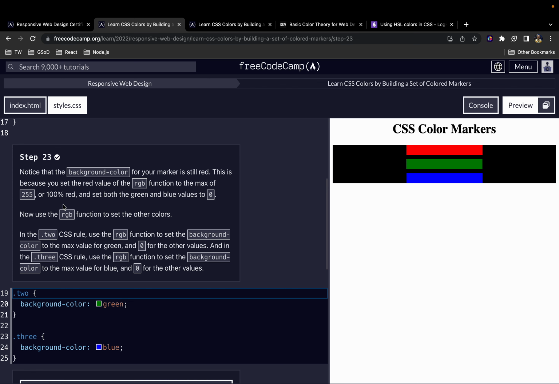Okay, so next up, notice that the background color for your marker is still red. This is because you set the red value of the RGB function to the maximum of 255 or 100%, and set both the green and blue values to 0. Okay, now use the RGB function to set the other colors. In the two CSS rule, which is this one here, use the RGB function to set the background color to the maximum value of green. Okay, so the way we do that is to say